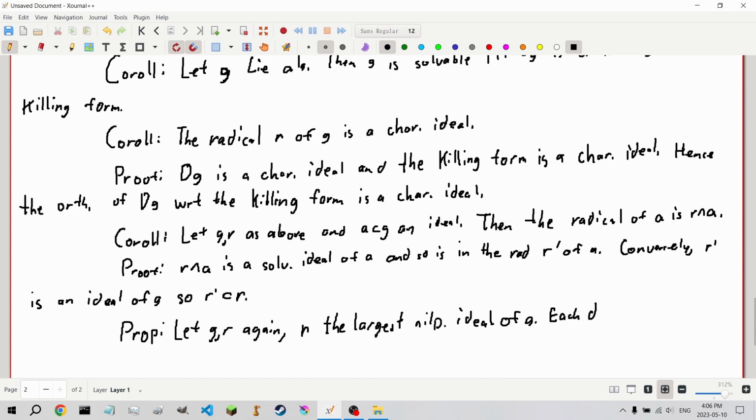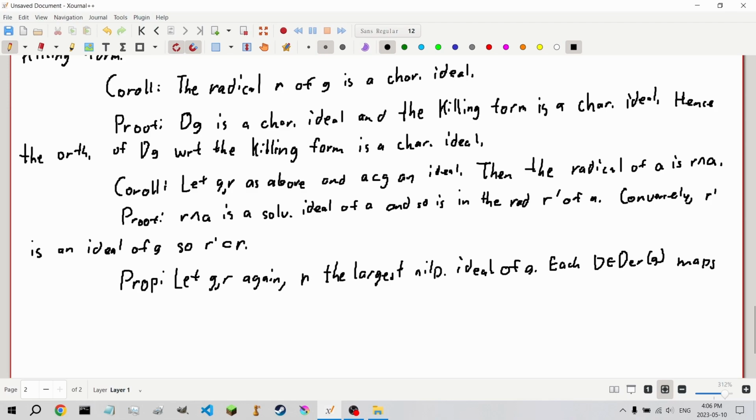each derivation of G maps R into N. Our proof. So we're going to let G prime be the sum of G plus Kx naught